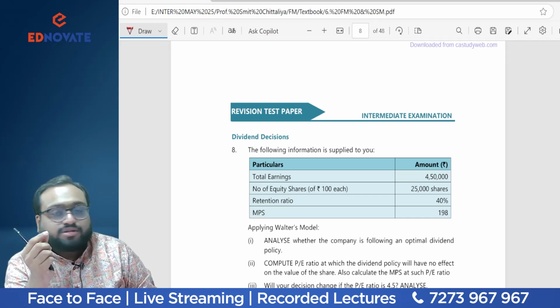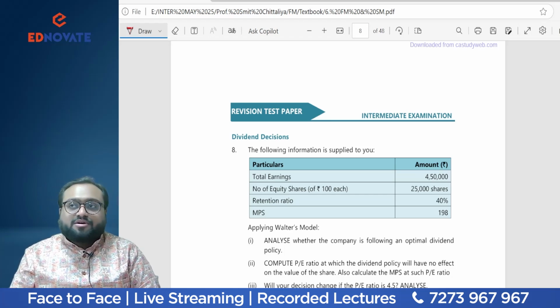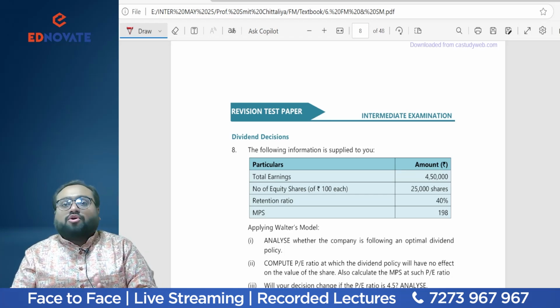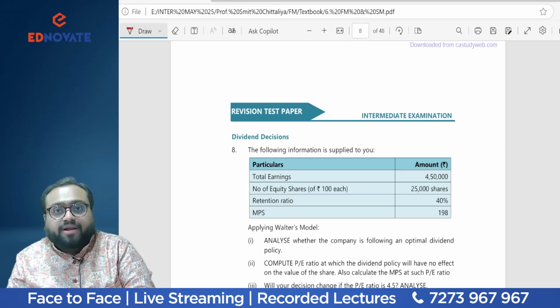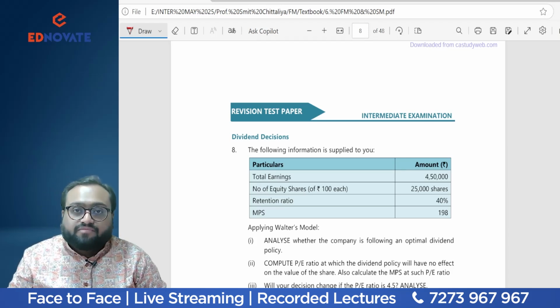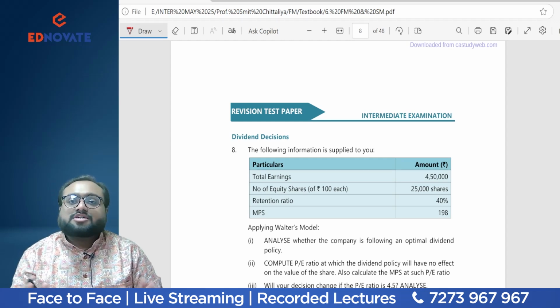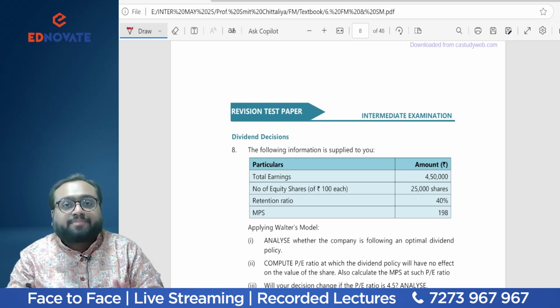And even if your concepts are very nice and properly cleared, that won't be a great issue for any of the students. So out of 50 marks, I am very sure that if you have studied well, prepared well, you have done your writing practice, 40 marks is a minimum game which a student can achieve. But if you have good writing speed, you have practiced well all your sums, and have conceptual clarity, you don't need to worry, just be relaxed, don't take any type of stress.